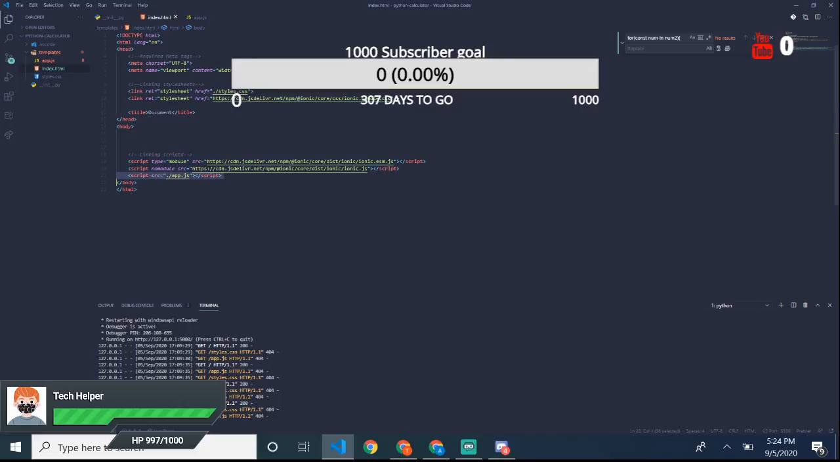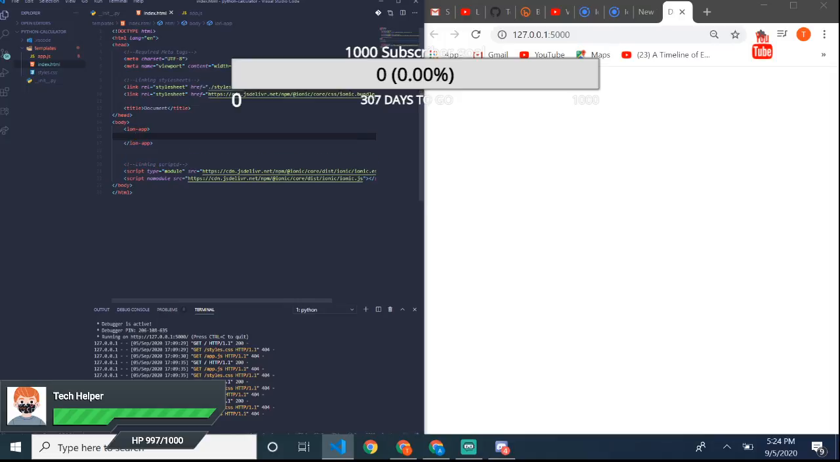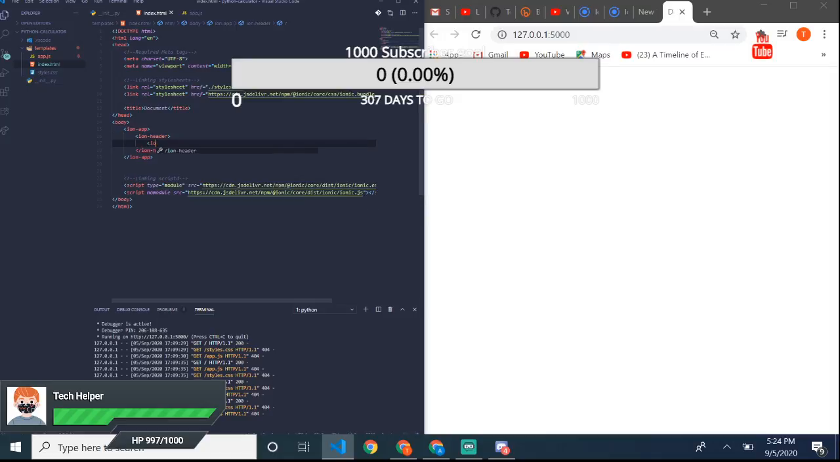So I'm just gonna disconnect the script, and there are some components that this Ionic library has given us. Let me just open this as a side view. Okay, so we have the ion-app component, and then we have the ion-header, and then we have the ion tooltip element,